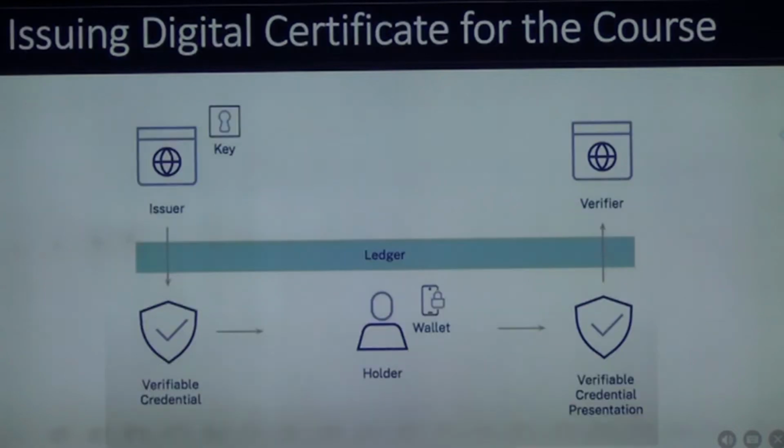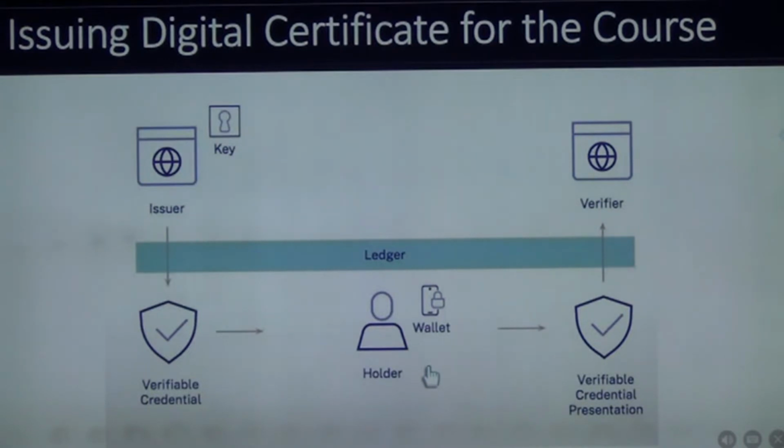Then the second thing we discuss, and this is what we shall be discussing today as well, is a digital identity. In case of digital identity, or even issuing maybe a certificate for this course, for example. If I want to give you a certificate for this course, so Case is the issuer. Case is going to issue you a digital certificate saying that you have taken this course. So you are this.